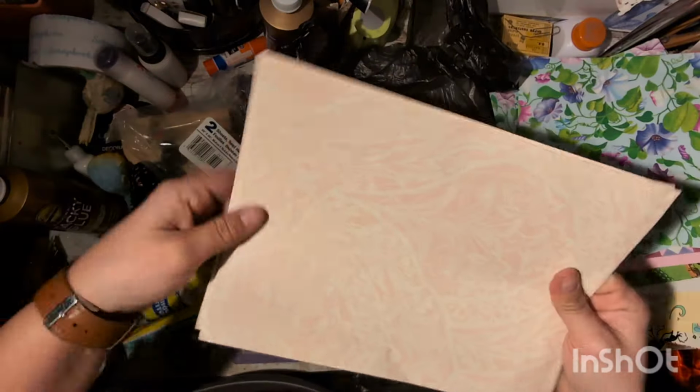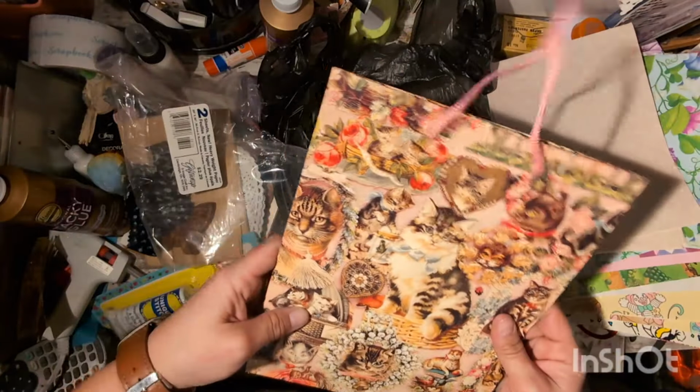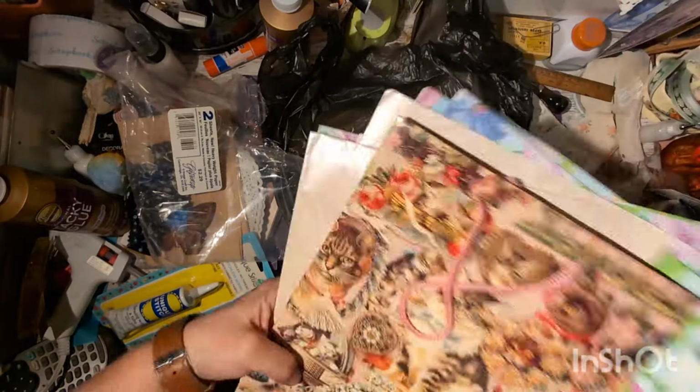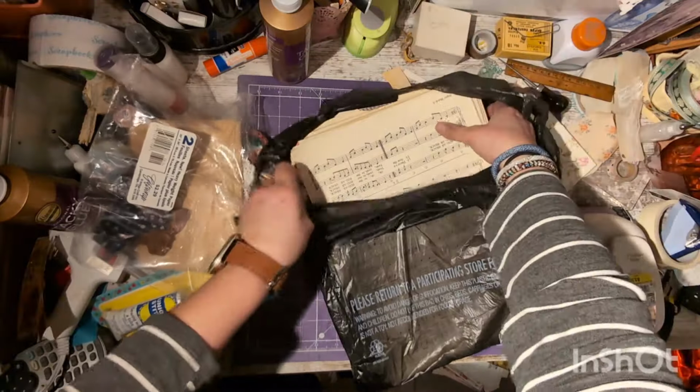Alright. This is more wedding. Oh, I guess that was not in the package. And then a bag. Another bag. I could still use that for a craft show. Alright, let's move this to the side here, and almost done. Maybe this is the rest of the...